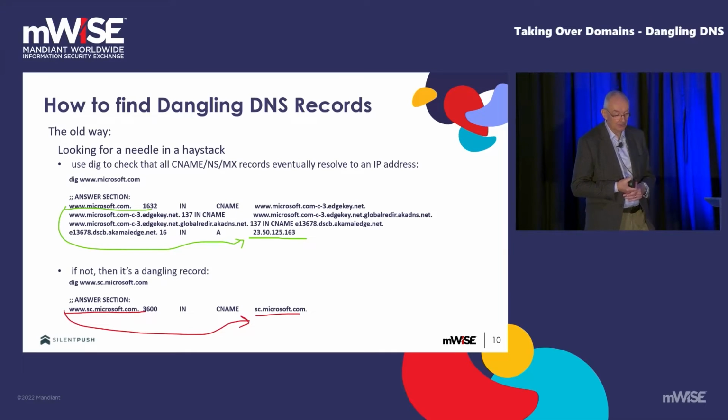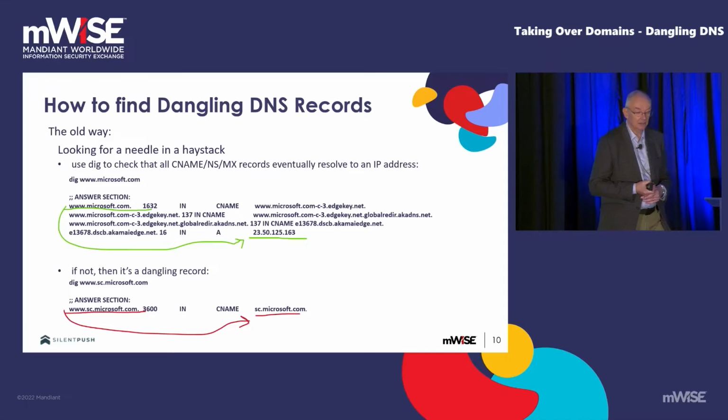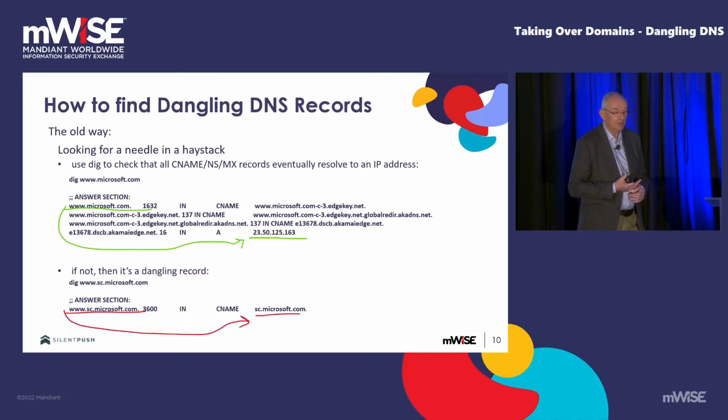And so we have another one below. We try to use dig for that name and see if we get an IP address back eventually. In this case, we don't. We just get another name, but we don't have a name chain to follow all the way through to an IP address. So in this case, this is a dangling record. However,